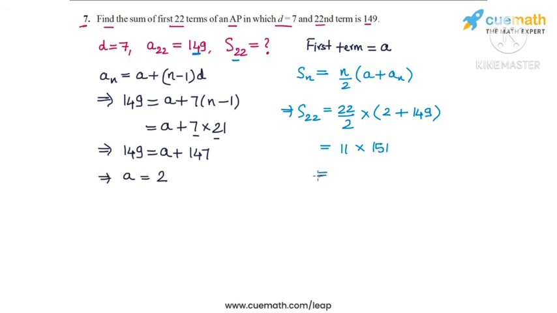So 22 by 2 is 11 into 2 plus 149 is 151. So 11 into 151, this is equal to 1661. So the answer to question 7 is that the sum of the first 22 terms, this sum is equal to